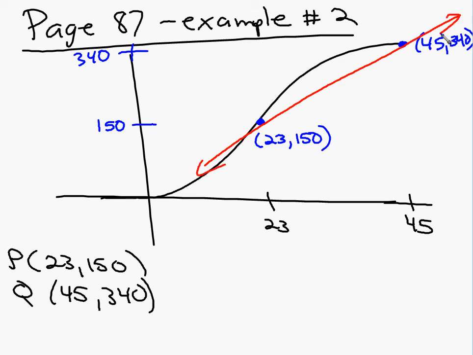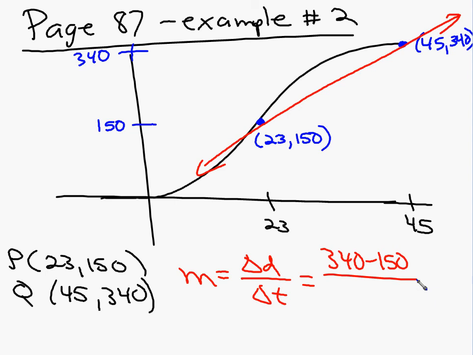So it's basically the slope of the secant line. Very simple process. I'm going to, once again, find change in distance or change in y over change in time, or we could think of change in x. So it's going to be 340 minus 150 all over 45 minus 23. 190 over 22, looks like, which is